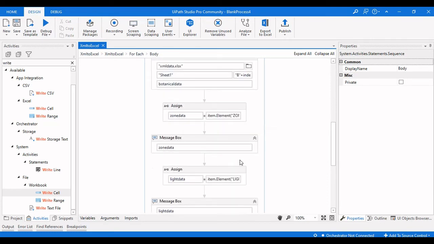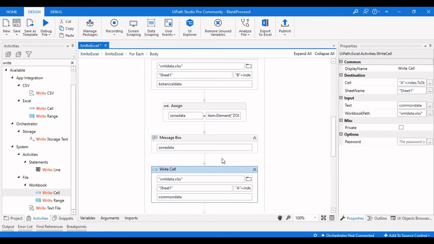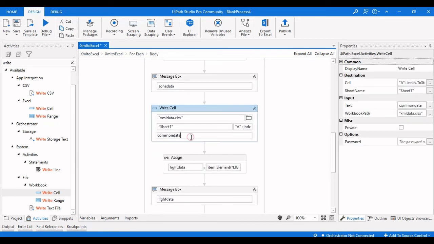And then the zone data, again we need to change the variable to zone data.